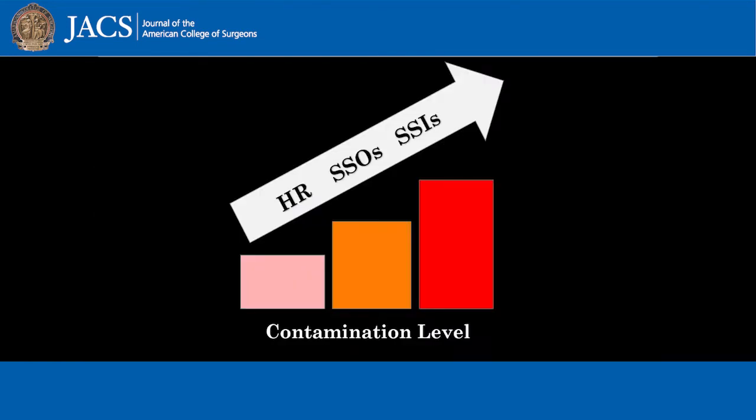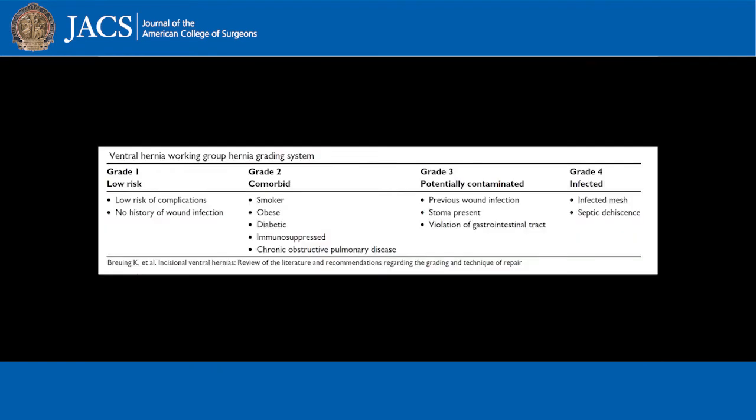Abdominal wall reconstruction in the presence of bacterial contamination is challenging, and previous studies demonstrated an increased risk of hernia recurrence, surgical site occurrences, and surgical site infections. Prior studies have demonstrated that the use of acellular matrix reduces mesh infection, explantation, and adhesion formation compared to synthetic mesh. Therefore, in the setting of contaminated defects, the Ventral Hernia Working Group recommended using ADM instead of synthetic mesh.